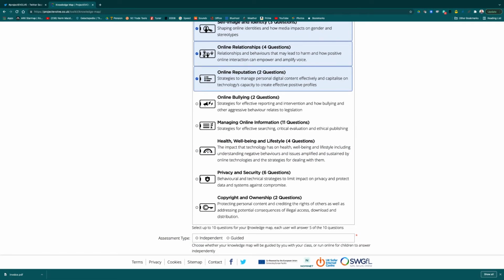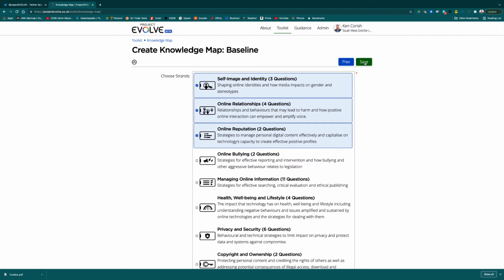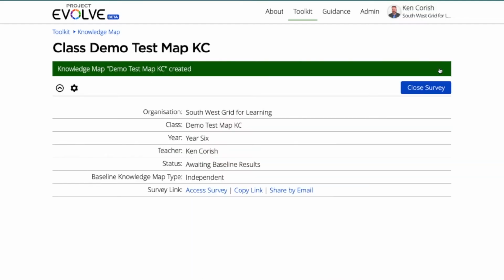And then I'm going to choose the type of knowledge map. Now there's 2. There's a guided one which we'll talk about in another video. That's essentially for younger children, but the independent one allows children and young people to do this on their own. Once you've made that selection, click save, and it takes you to quite a simple dialog box